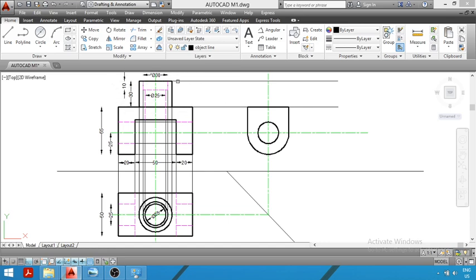So we have directly projected the height in the side view, so that you don't need to take the distance of height again. Now we projected the diameter of this cylinder. Now you know the diameter of this cylinder is what? 40 mm. So in order to project this diameter, we will see the top view.